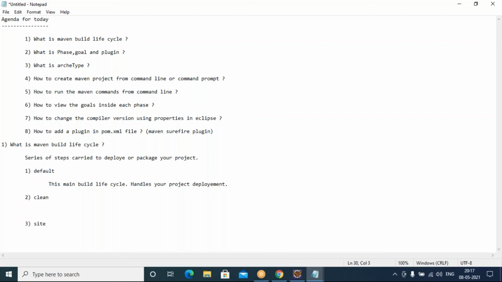So some points about the clean life cycle we can talk about now. What does the clean life cycle do? It is going to clean up your project.